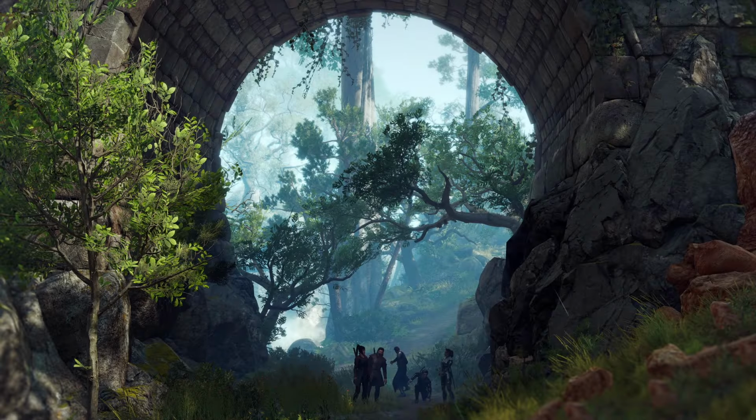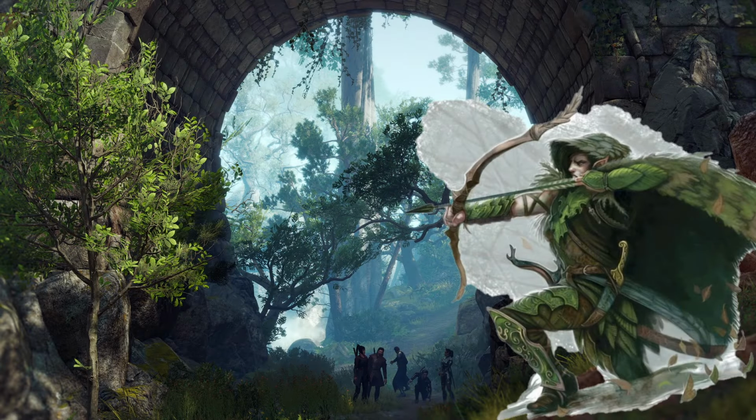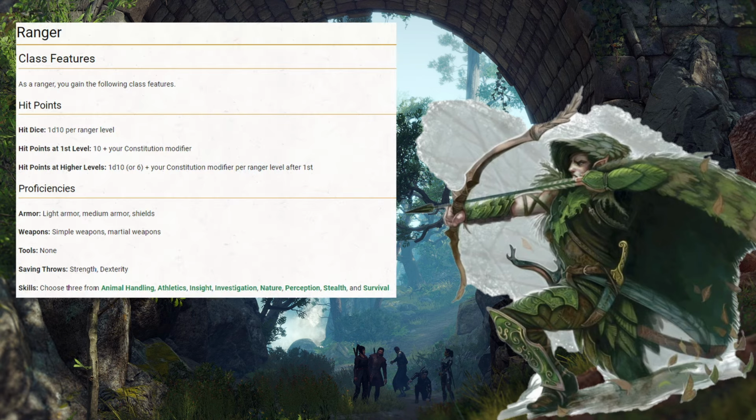Let's go over the Ranger and what it has to offer our specialist style gameplay. Ranger provides us the following: 1d10 plus Constitution HP per level, meaning that we'll be getting at least 10 hit points per level plus our Constitution modifier. We'll also be proficient in light armor, medium armor, shields, and simple and martial weapons,